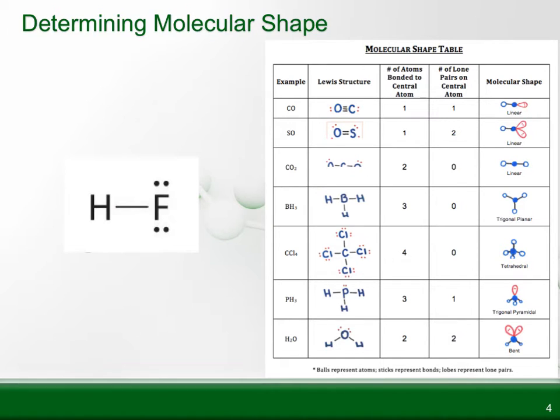we see that fluorine has, okay, so fluorine is our center. We see that fluorine has 1 atom bonded to it. So I'm looking at linear. And then we can just double check. It has 3 lone pairs. So it is linear. Alright, thank you for sticking with me, and that is how to use your molecular shape